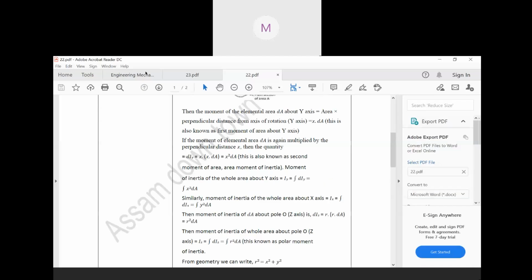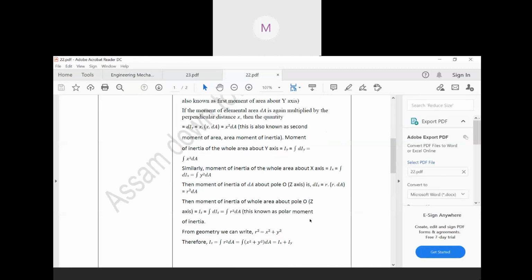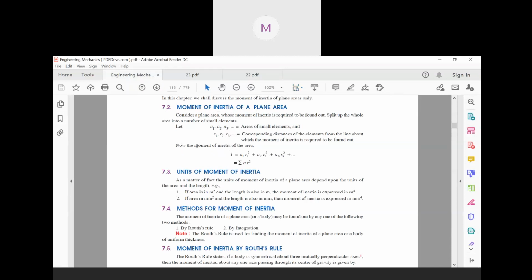Now, how will you consider the moment of inertia of a plane area? In the last class we discussed this. We found that in the x direction it is the integration of x square dA, and in the y direction it is y square dA. Now from that only we will get the